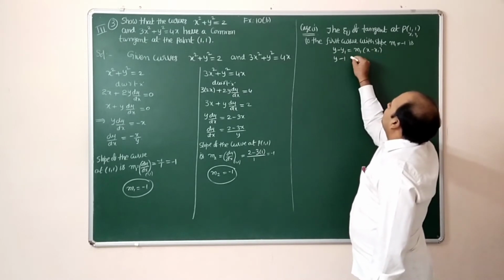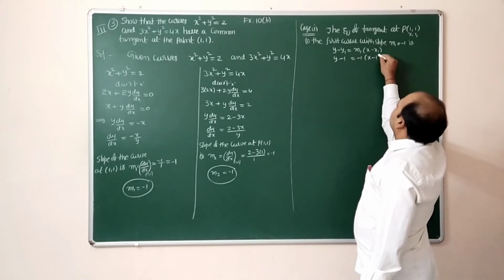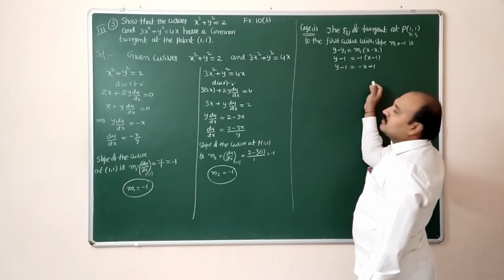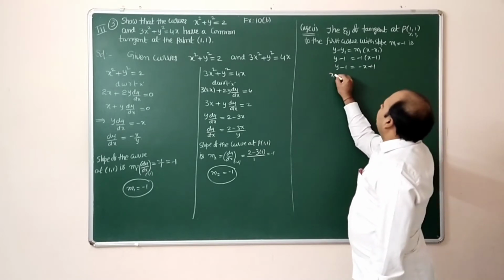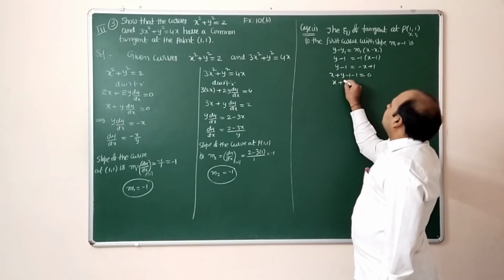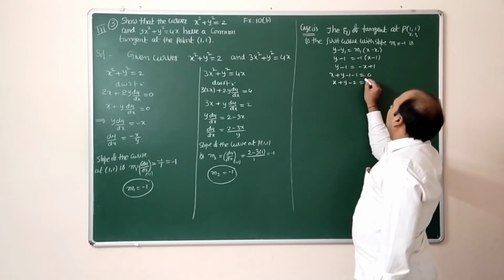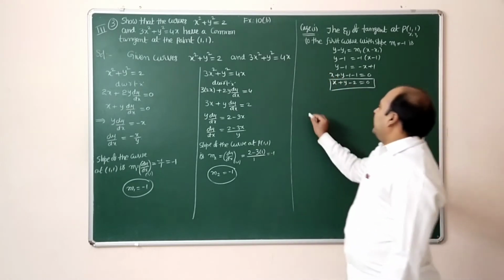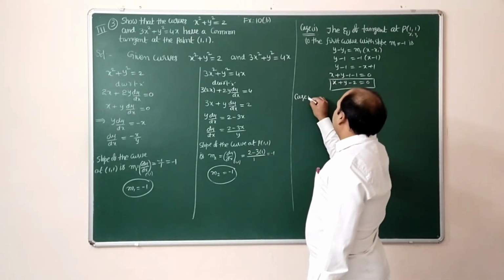So y minus 1 equal to minus 1 into x minus 1. So y minus 1 equal to minus x plus 1. These values we can take this side. x plus y minus 1 minus 1, x plus y minus 2 equal to 0. Come to the second case. In case 2,